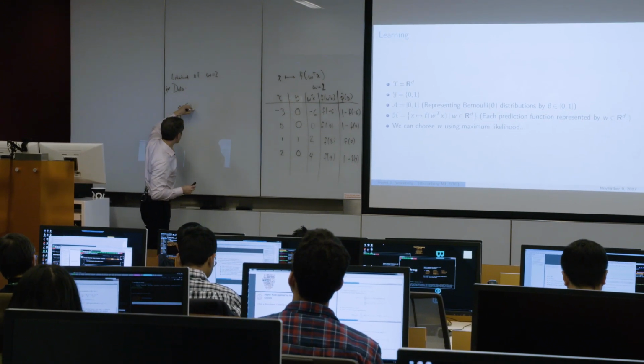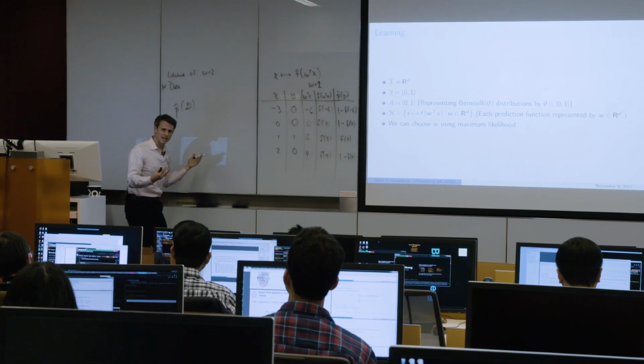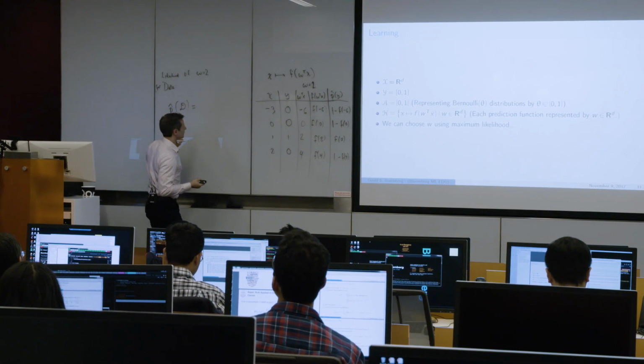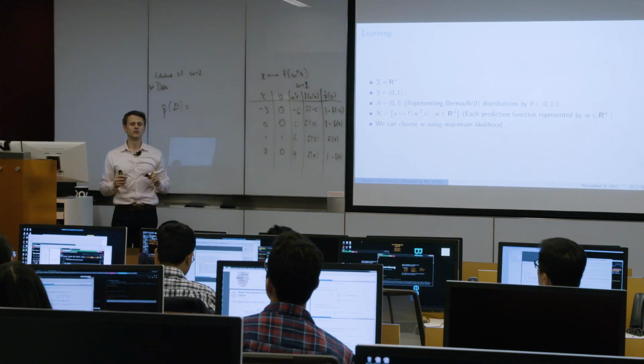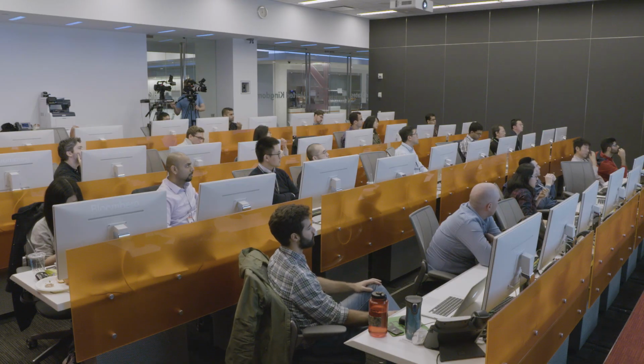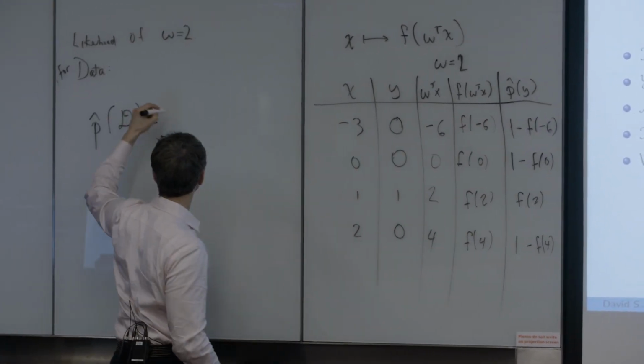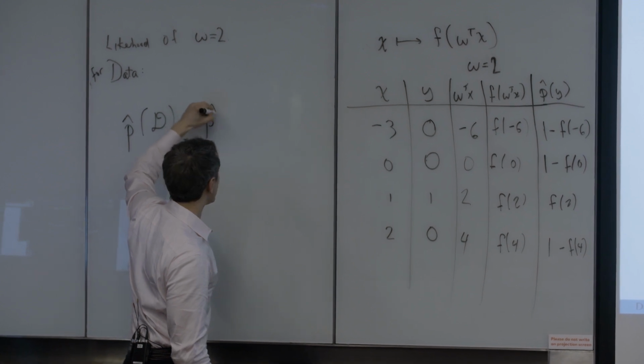basically, we could write as p hat of the data. What's our assigned likelihood for the data, the probability of the data, and then what is it? It's the product of all these things. I'll write it down in 2 steps. So it's p hat of,